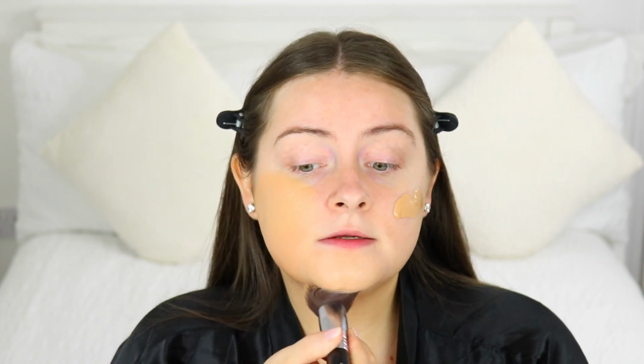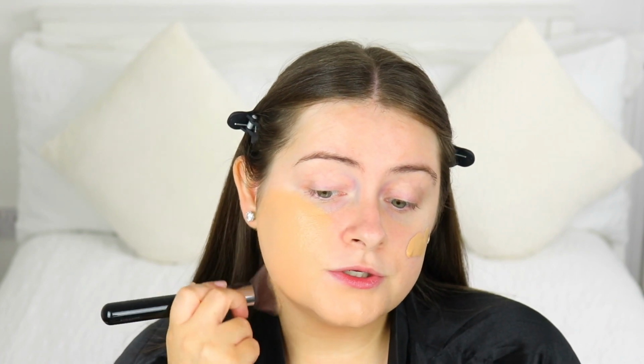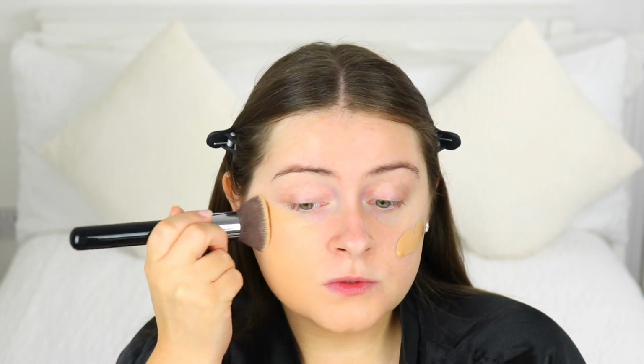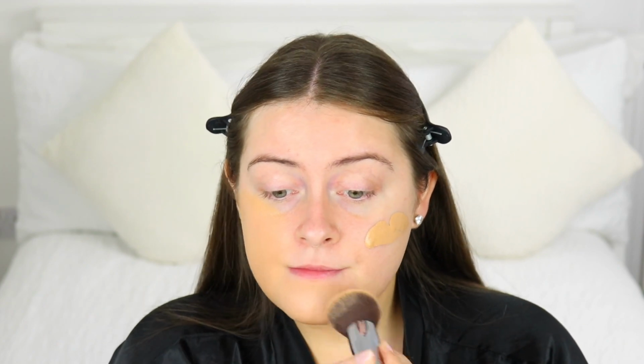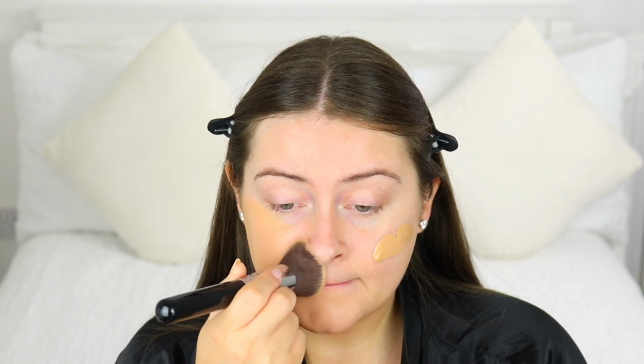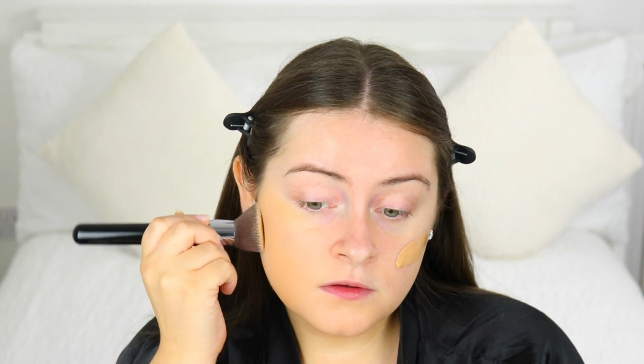Okay, so this one kind of matches me quite well. I'm happy about the shade of this so far. Yeah, it looks good. It's not too warm, it's not too cool, so it's the perfect neutral undertone. Of course I'm just going to take a little bit down my neck just so everything blends